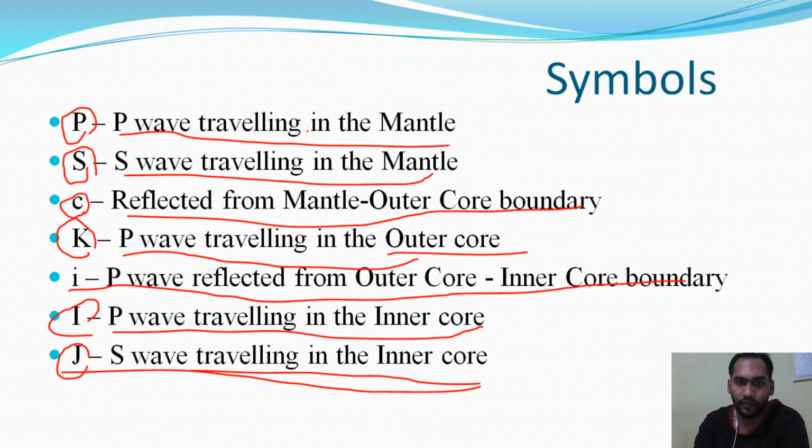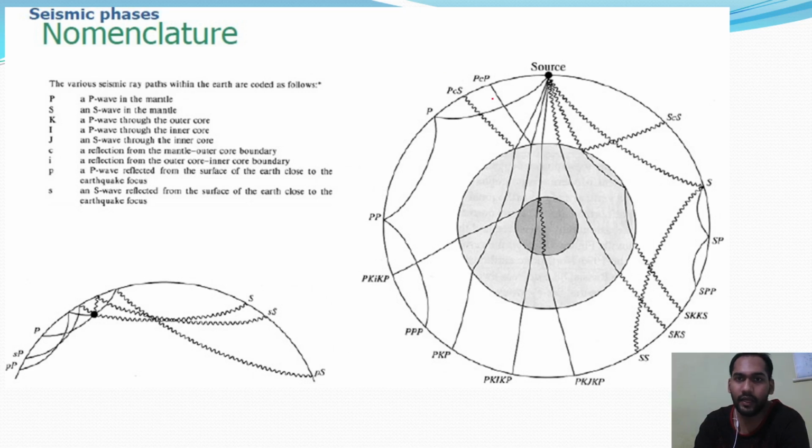So let's go to the next diagram. Here you can see these zigzag lines are S, and the direct lines are P, right? These lines are P, these zigzag lines are S. So you can see here it is represented as P, here it is represented as P. That means, yes, here it is source.